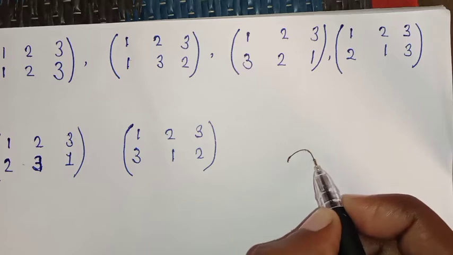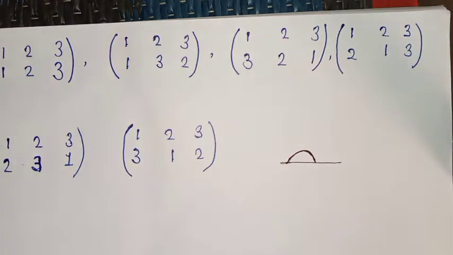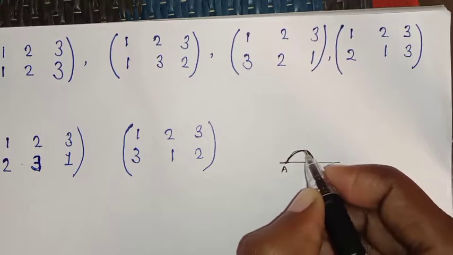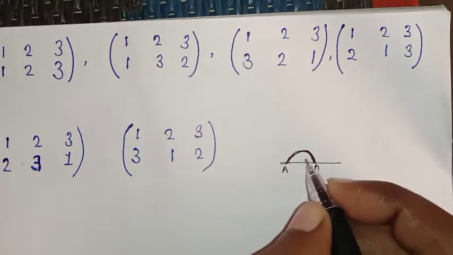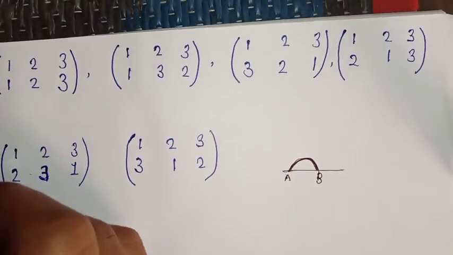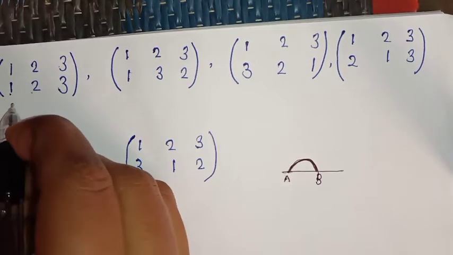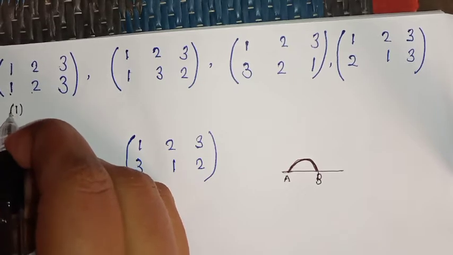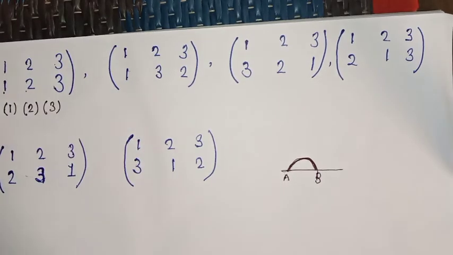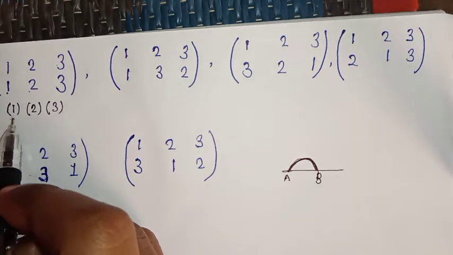That is, if we talk about a cycle, then we can see this. If we start from point A, then we reach point B and then again reach point A. Such type of roundings are known as cycles. So we have to see here this, okay. 1 is going to 1, 2 is going to 2, 3 is going to 3. So here 3 cycles are obtained which are of order 1 because their length is 1. These are called cycles of length 1. The number of elements present in the cycle is called the length of the cycle.